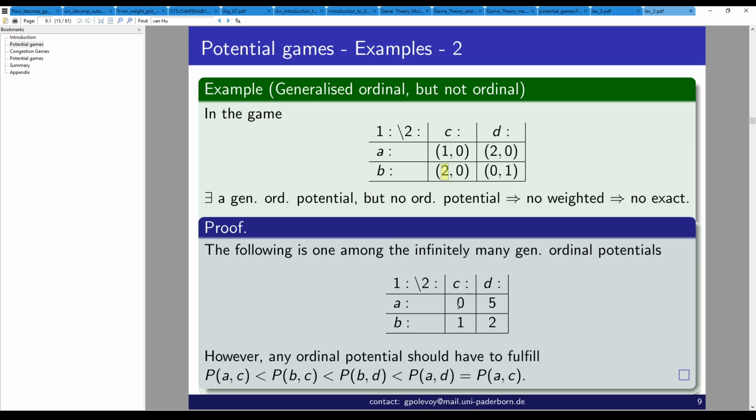Now if you look at the function we suggested, it also increases from AC to BC. So its value on AC is strictly smaller than its value on BC. Now you can check that this always fulfills the condition that when the utility of the only deviator increases, then the potential also increases. But there is no ordinal potential because